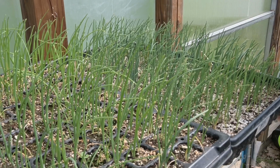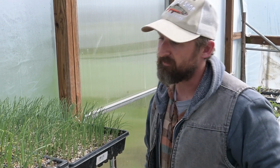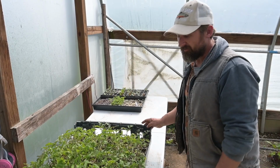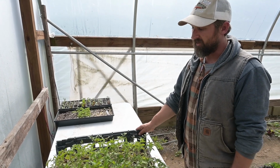So last year I had a lot of them die off because I planted them a little too early, but this year hopefully they'll be a lot sturdier, and I'll plant them a little later and maybe have a ton of onions. I don't know. I don't have much experience doing indoor tomato growing, so this year I'm just going to